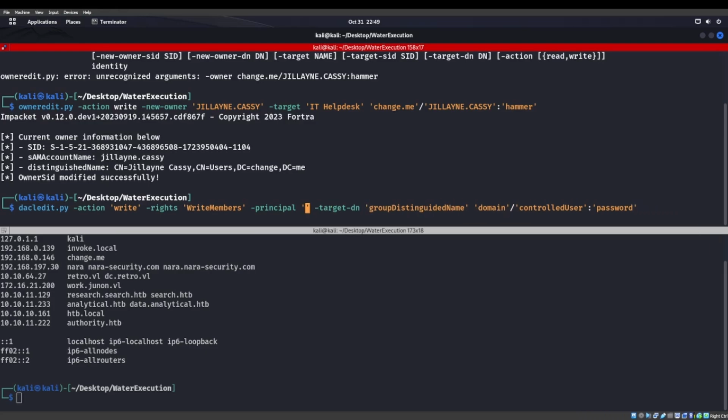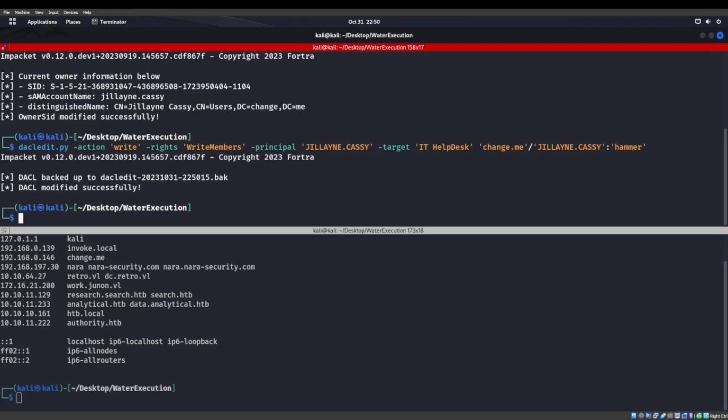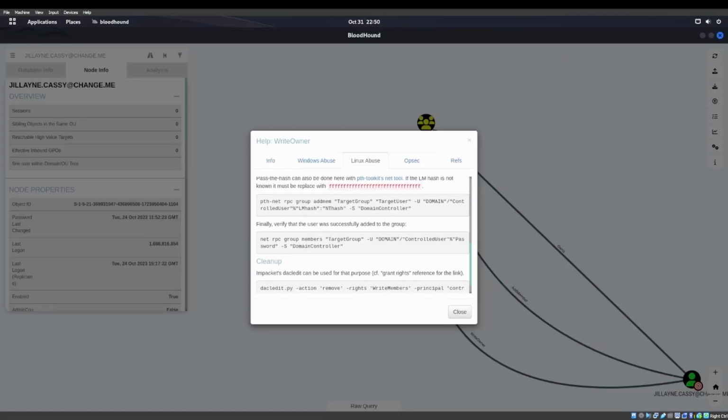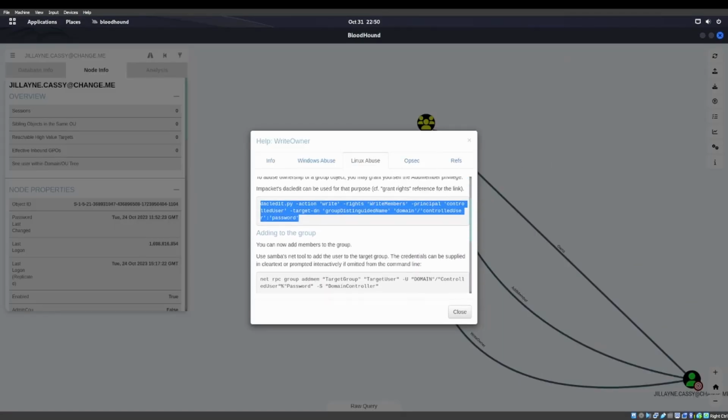That's who we own up here. Jelaine Casey, or Cassie, whatever you want to say there. It's not going to be target DN, it's just going to be target now. Group distinguished name is IT Help Desk. Domain, change me, controlled user, and then lastly the password. So we just grab this whole thing right here. All right, the DACL has now been modified, and now we can go ahead and throw ourselves into that